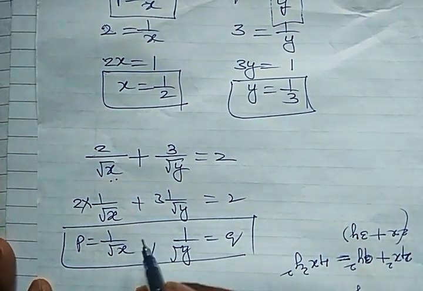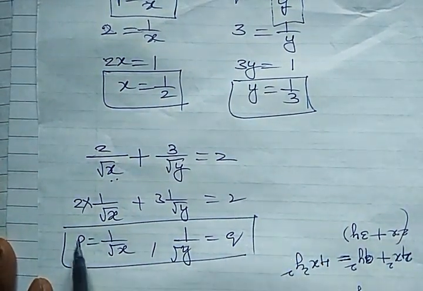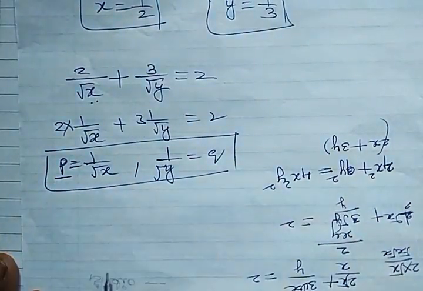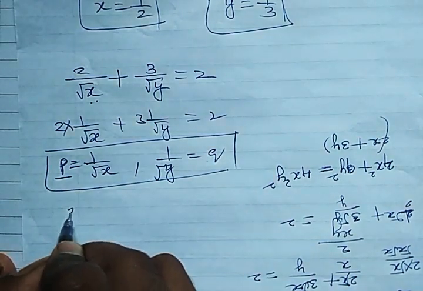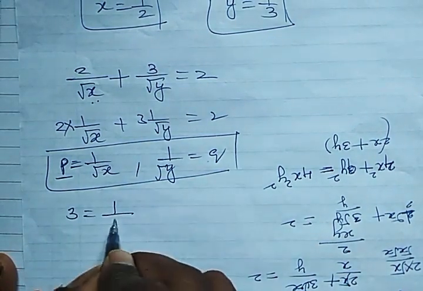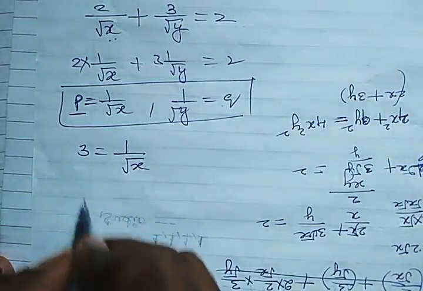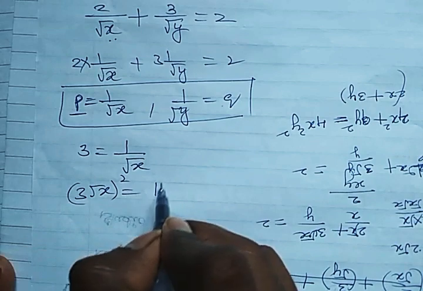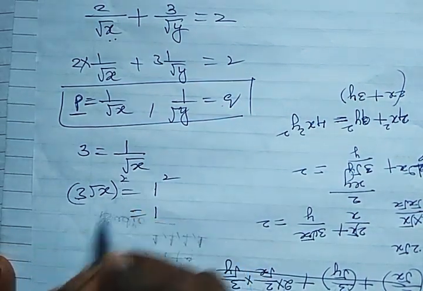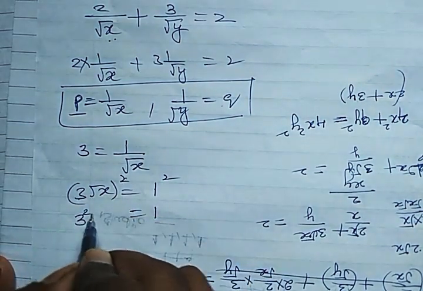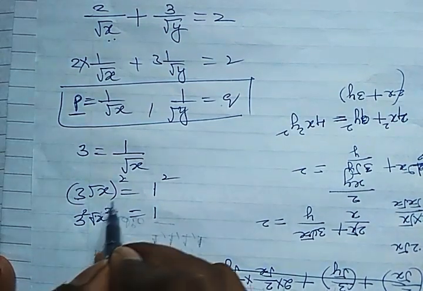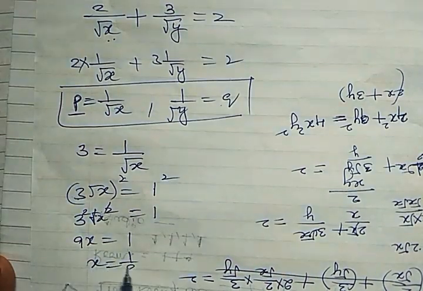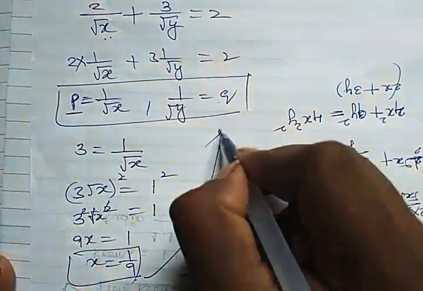Whether 1 by root x is given or 1 by x is given, we consider it as another variable. In the end, after you find the p value, suppose p is equal to 3, p is equal to 1 by root 3 is equal to 1 by root x. Now it comes this side, 3 into root x becomes 1. Apply square on both sides, 1 square will be 1 only. This will be 3 square into root x square. Root square cancel, it is 9x is equal to 1. Then x will be 1 by 9. Same with y you will do.